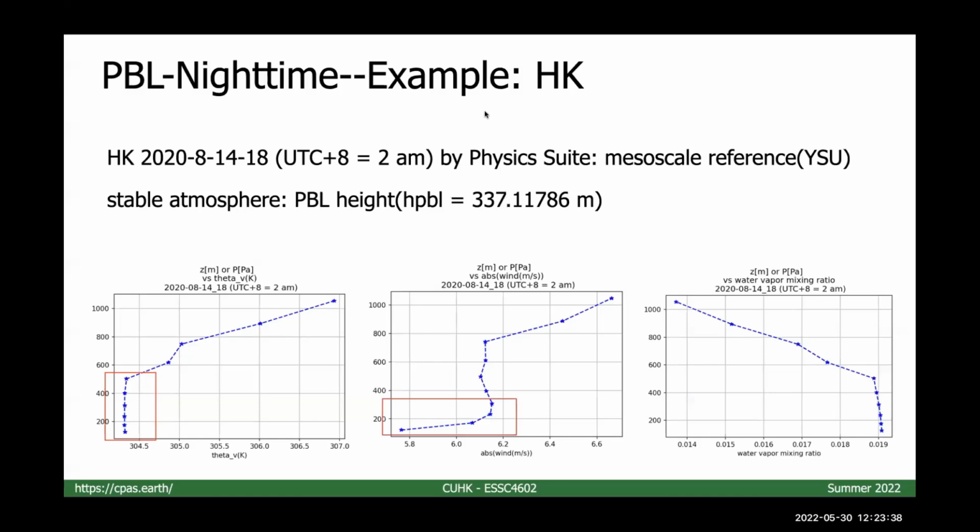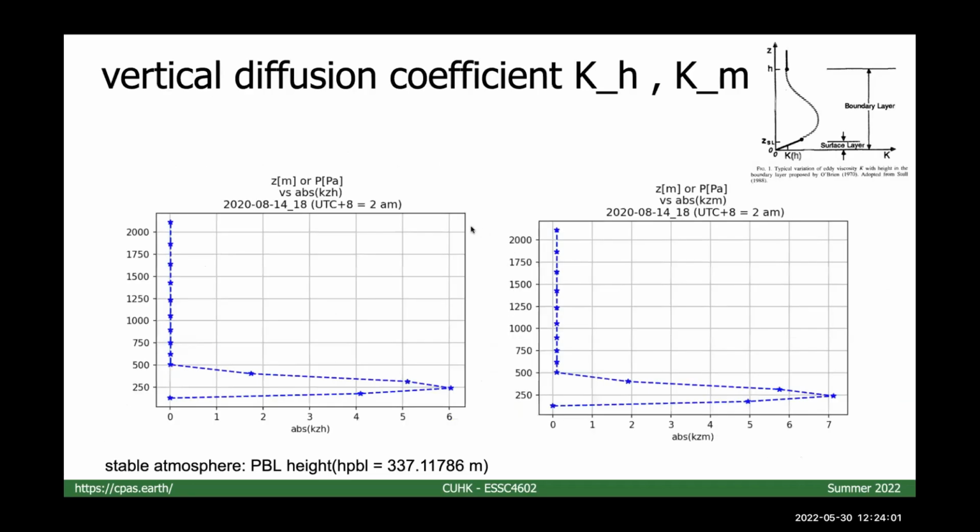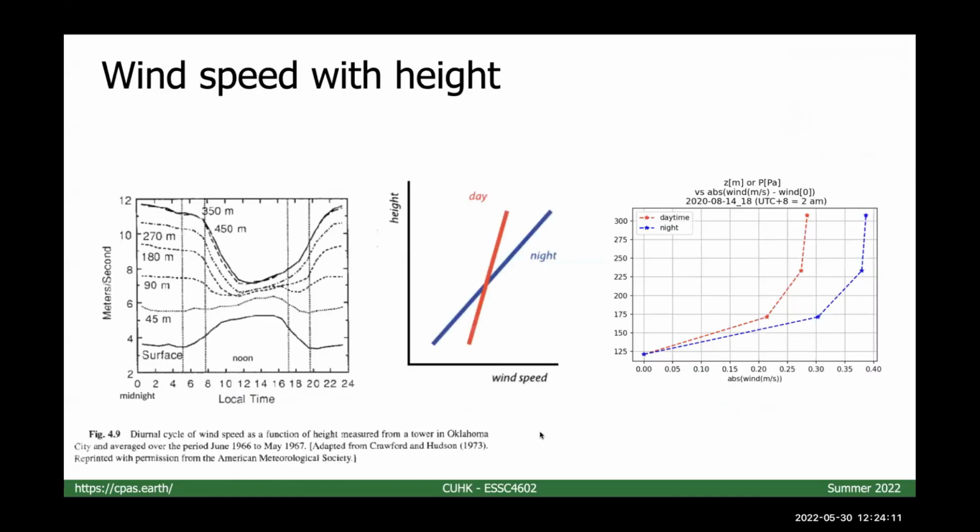And then for nighttime, you will see that the ground is no longer hotter. And this is kind of a residual mixing layer. And then the wind in Hong Kong is still 6 and something meters per second in our experiment. And then mixing ratio. And then at nighttime, the PBL height becomes lower. Okay, so only 500 meters in our experiment. And then this figure is